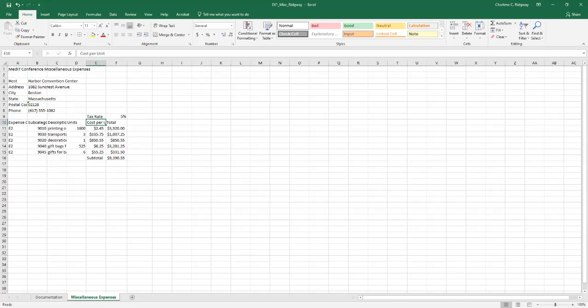Number 3, click E17. Type est tax for estimated tax, and then tab, and type the formula equal F9, which is the 5%, times, so equal F9. Oh, mine's not showing equal. Let me go back. Equal, there we go,